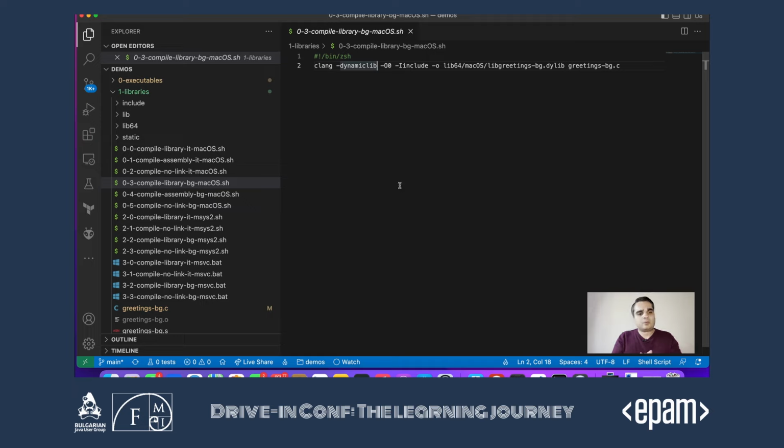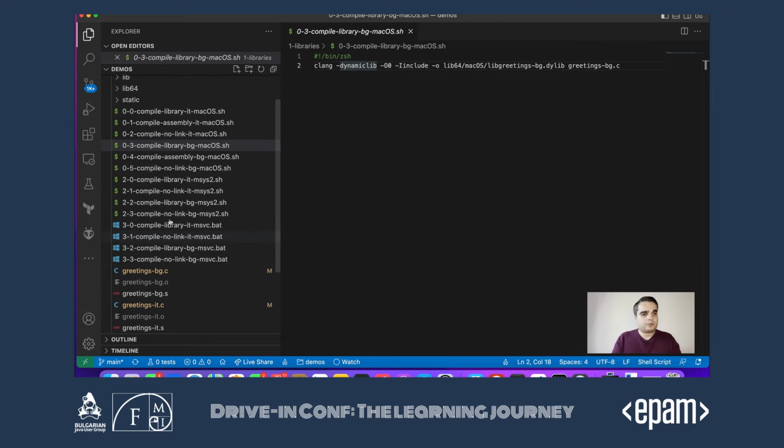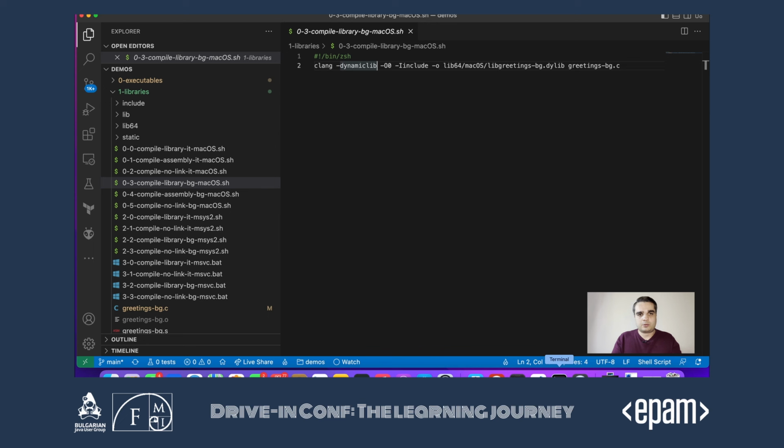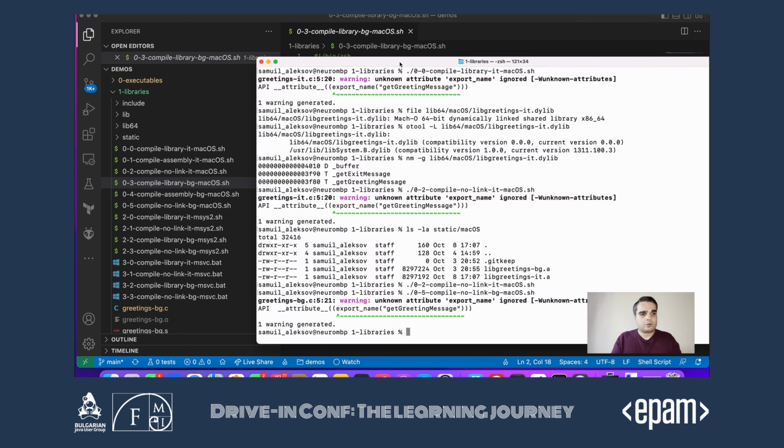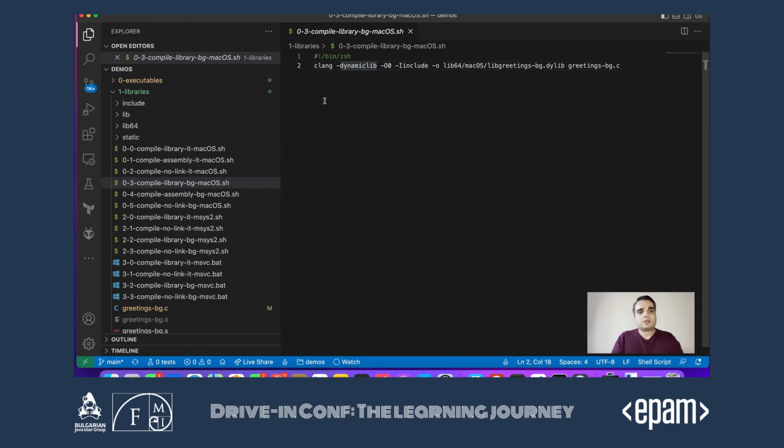I'm not going to run this demo on Linux, Windows, and MinGW for Windows, but all the source code files are here, and I'll share them with you. So if you want to play with this on your operating system, if it's different from Mac, you can just download the source code and try this for yourself. Again, as you saw, not much changes. Generally, we use a different compiler. Some of the flags have a different name, but most of the time we tell the compiler exactly the same things: how much to optimize, where to find headers, which files to compile, and what the output needs to be.